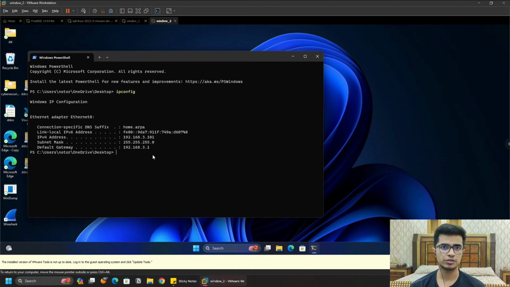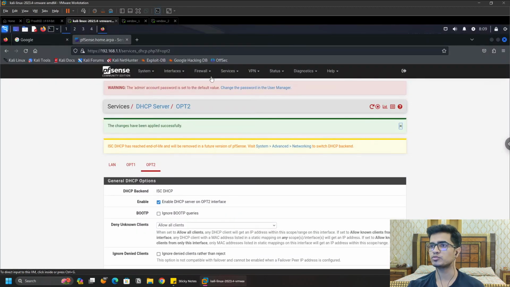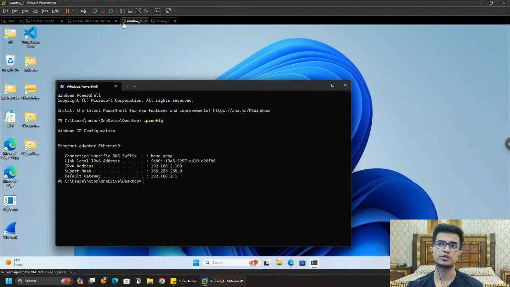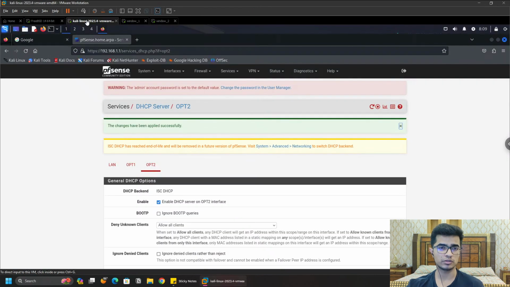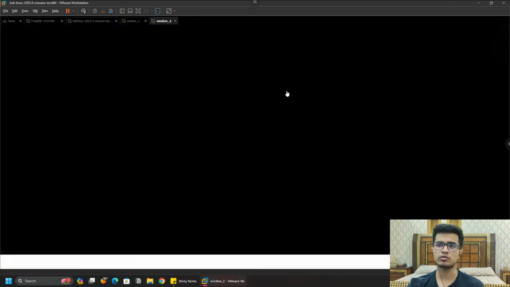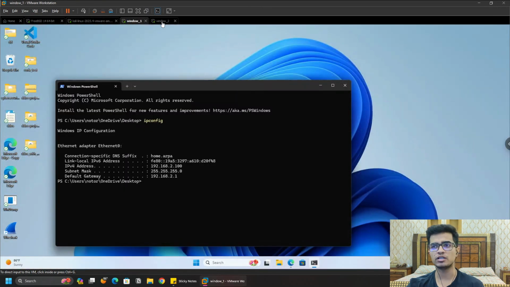So this is how you route your virtual router and give LAN interfaces to multiple virtual machines. Now you can play with it all. You can implement many types of algorithms and play with your router and see what types of responses you are getting at Windows 1 and Windows 2. You can also do security checks and attack these two Windows machines from Kali Linux and see what security you can add to secure your systems, and you can do lots and lots of stuff